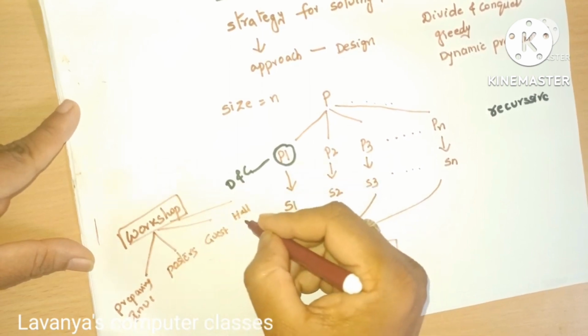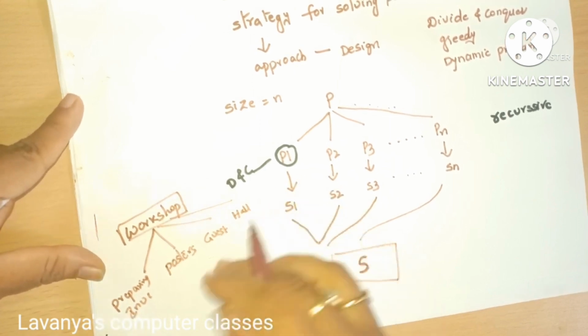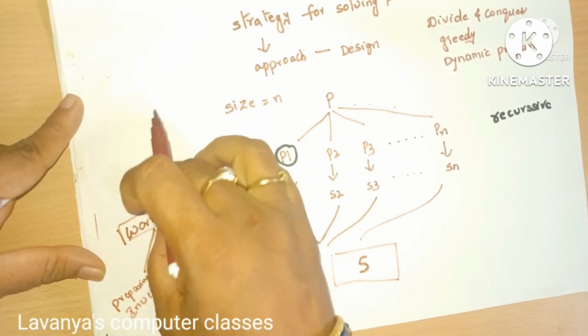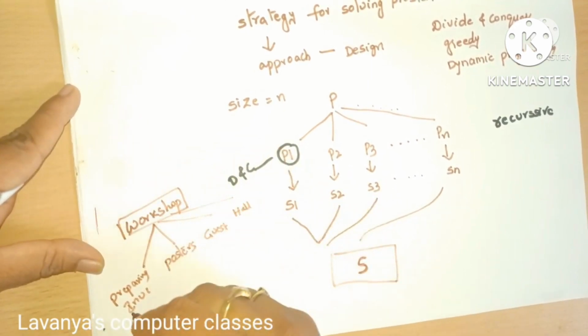You have to check whether the hall is ready or not, whether the seating capacity is sufficient or not, whether the mic is available or not. Like this, one big project will be divided into small works, and each work is checked